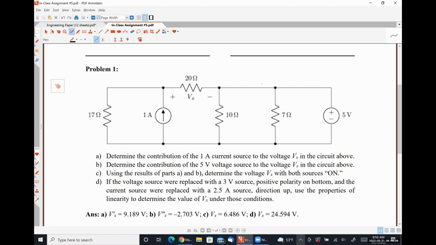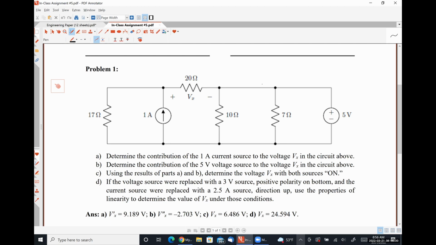Part D, do that scaling trick like we did at the end of reworking that circuit over and over again. Do not actually go through and do the analysis. That's the beauty of the superposition principle. You don't have to redo any of the analysis. If I want to scale,